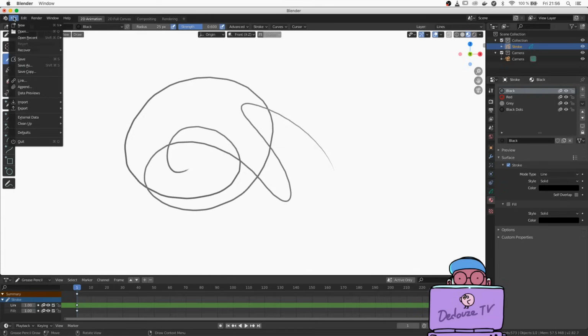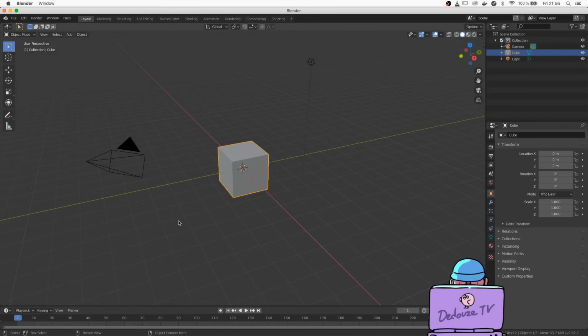The second way is to start from scratch. This is the way I'm going to show you, because at some point you'll have to go back here and you'll have to know how to recreate the canvas, the layers and the color palette. So I'm going to show you this.